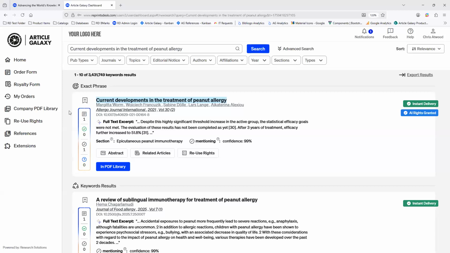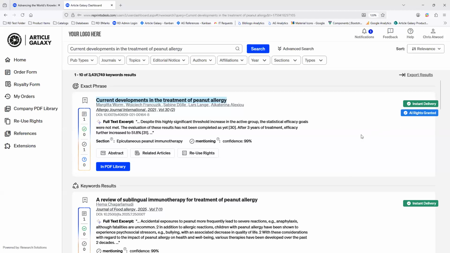You can see with these results, I am finding an exact match for a specific article at the top. And then below, I have some additional articles. I'm doing this intentionally because I want to showcase a few things. The first article we see here is an article that I already own. It's something that I've previously acquired. I purchased it most likely, but we can see on that citation, we have the automatic AI rights granted to